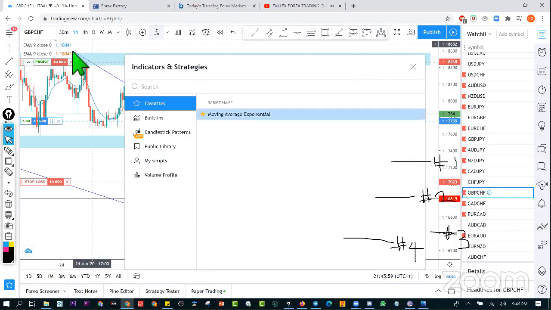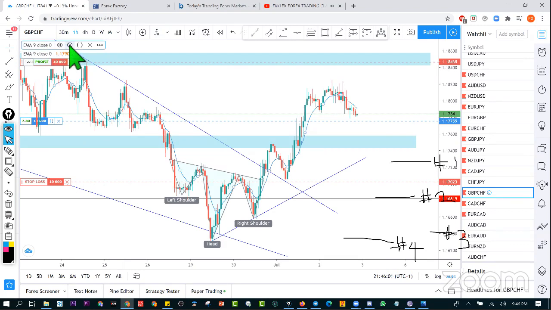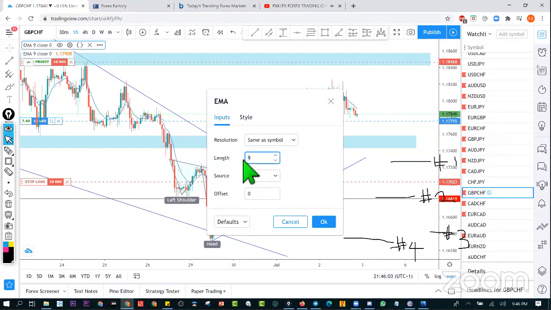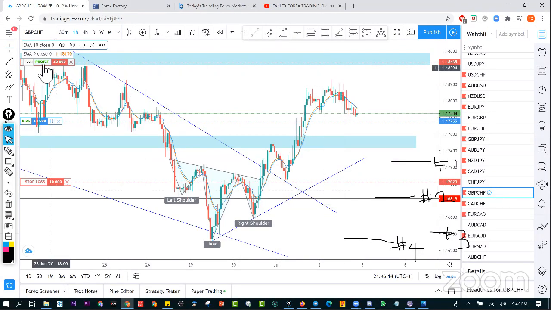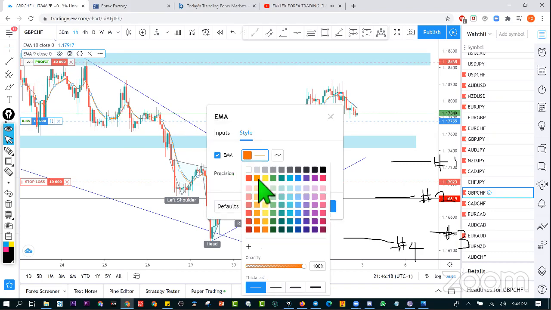Okay, I'm gonna quickly set this exponential moving average. Actually, I get it removed right here. So just make it 10 and then close. Okay, good. This is a 10 EMA. And then I'm gonna make this one 20. I use a 20 on there. It's not something very difficult. You can get that stuff.